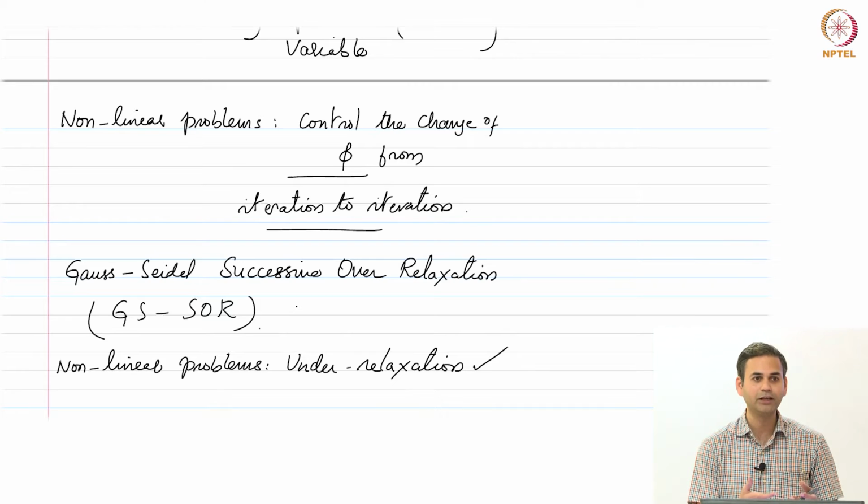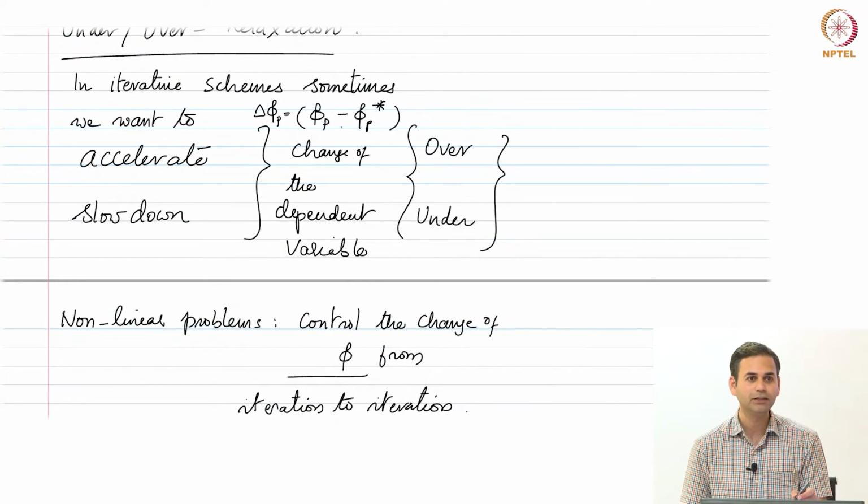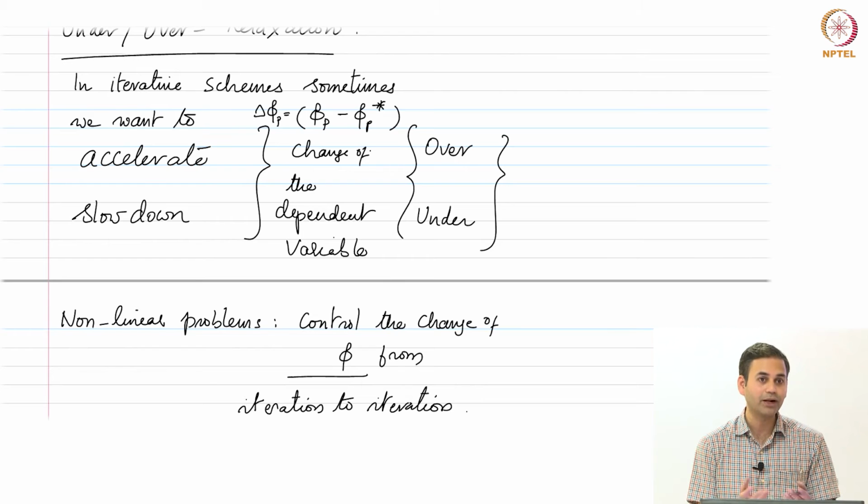And at that time, somebody, instead of adding delta phi in one particular iteration, started adding more than the delta phi that was computed, and they found that you are converging much more quickly. That is how over relaxation is useful, and then a lot of theory was built after these observations. So, in terms of over relaxation and under relaxation, the starting point was where somebody found it by accident: if I just add 1.2 times delta phi p instead of delta phi p, then you converge in 60 iterations rather than 120 iterations, something like that.